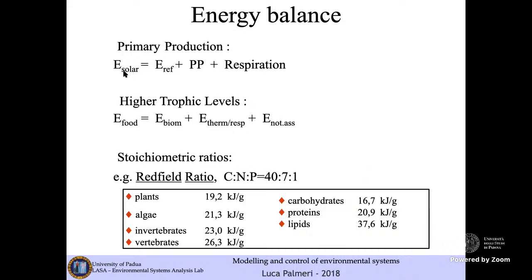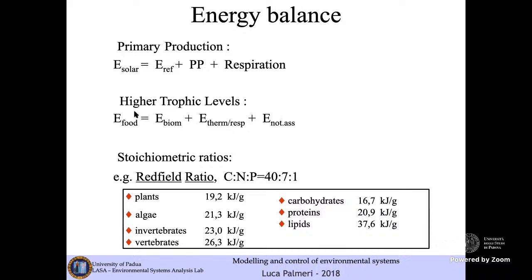It may be written by saying that the solar energy employed is equal to the reflected energy, so this is lost, plus primary production, so new biomass, plus respiration, this is energy dissipated during the processes of primary production. And this is the energy balance for the lower trophic level, primary production, while for higher trophic levels, you may rewrite